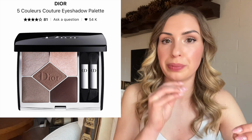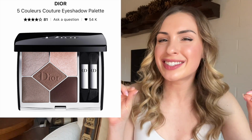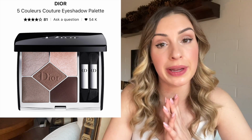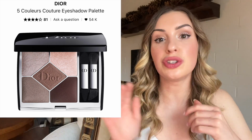It's a little bit more pigmented than some of the other ones, and it has this shiny silvery platinum stunna shade. I know Tutu is another one that a lot of you like. Those are probably the two that I would pay attention to. And then second to that, y'all know if I'm recommending the Dior eyeshadow quints, I have to recommend the Tom